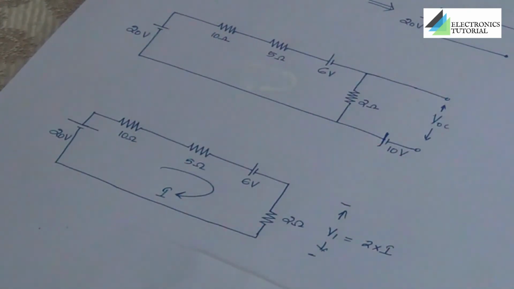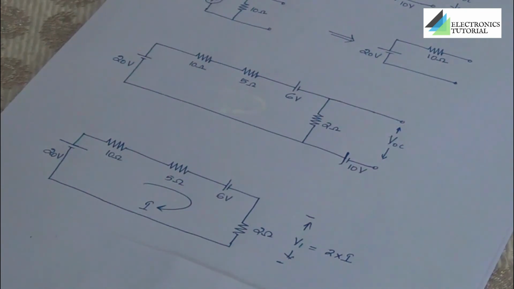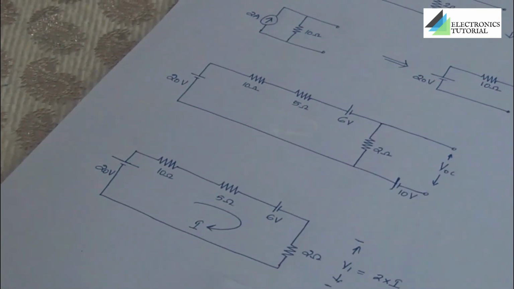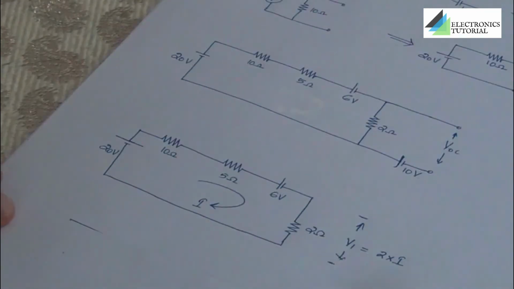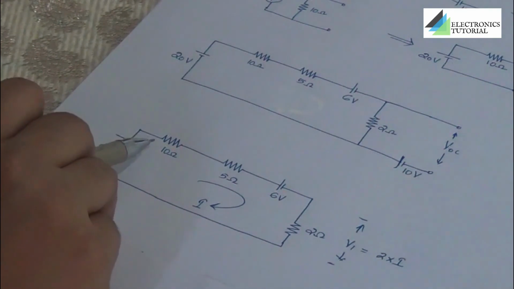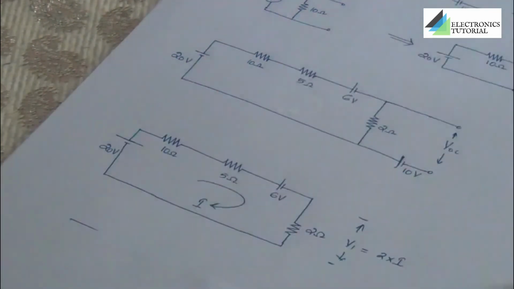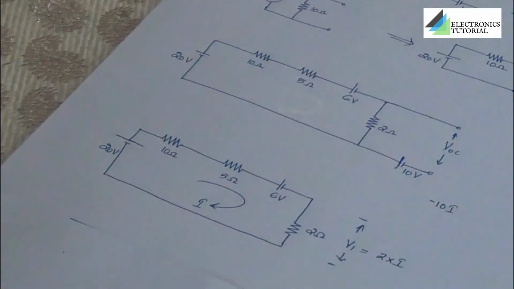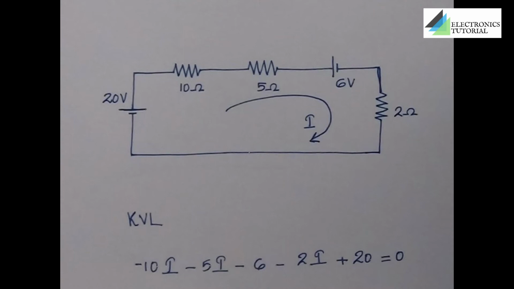We can do the KVL calculation in different methods. I have chosen sign convention method. So with sign convention method, I am starting from the first resistor 10 ohm. The potential across the first resistor is represented by the expression V is equal to I into R, and to indicate the potential drop I am using a negative sign. So it can be written as minus 10 into the current I. Now moving on to the next resistor 5 ohm. Here also we are giving a negative sign to indicate the potential drop. So it can be written as minus 5 into I,